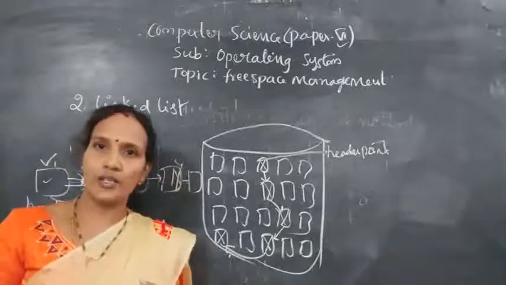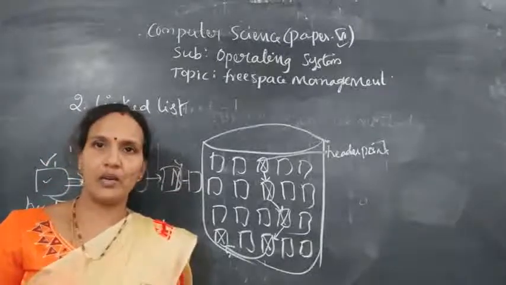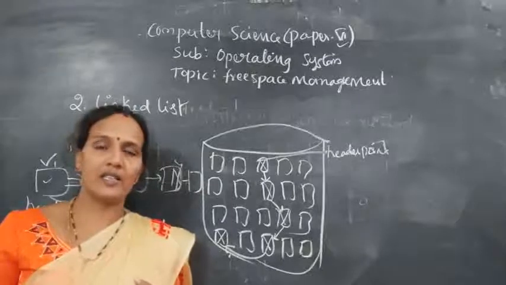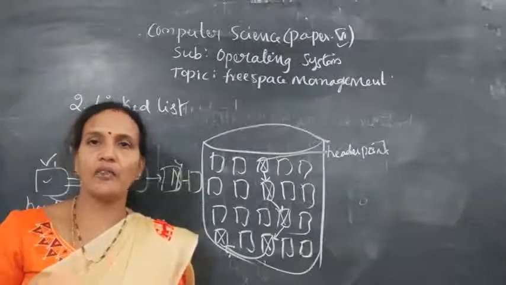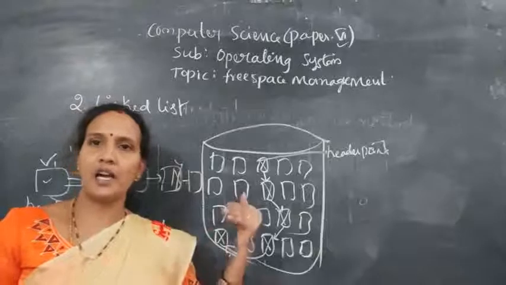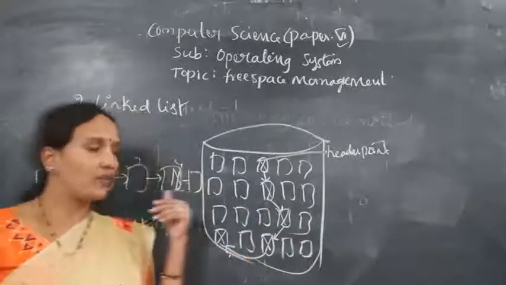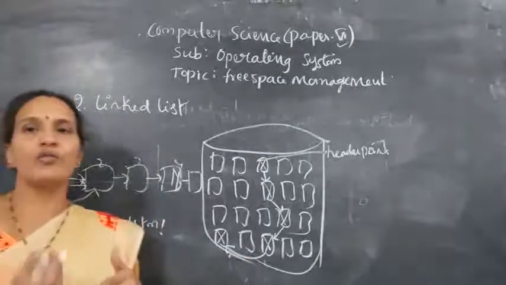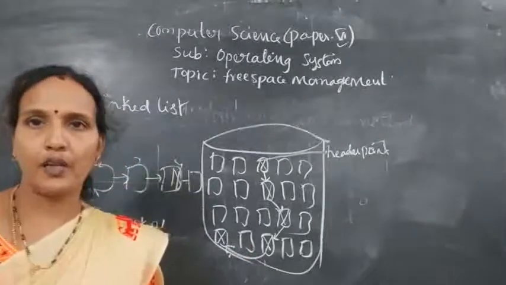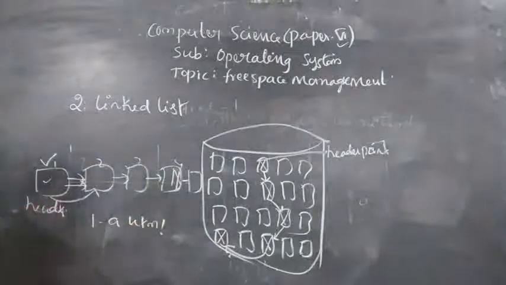The first node is called the header, and the last one contains the next address as a null pointer. So whenever any file is deleted, the free space is added at the end. Whenever any file requests memory, the first node will be allocated and the header moves to the next node. Understood? So this is about your linked free space management. You take a screenshot of this.